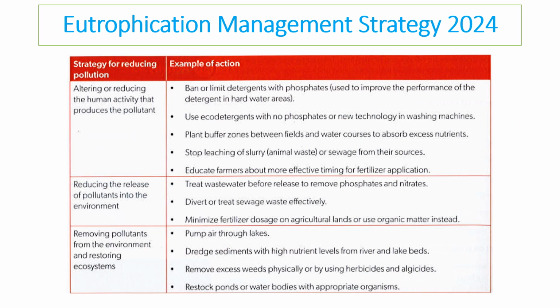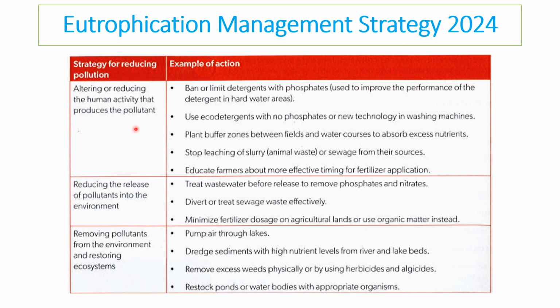New ESS course, there has been a push on the detail you need for this. So here you can see a little bit more detail which we need to focus on. So strategies for reducing pollution and eutrophication. Altering state one is always altering and reducing human activity that produces it.